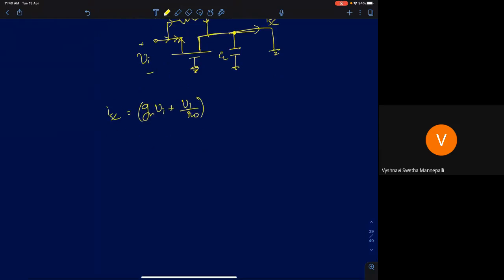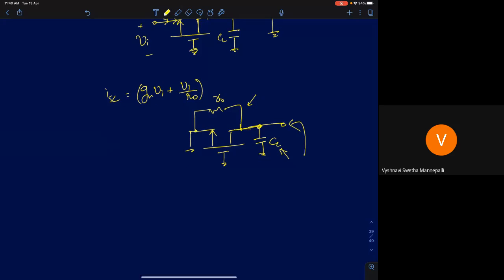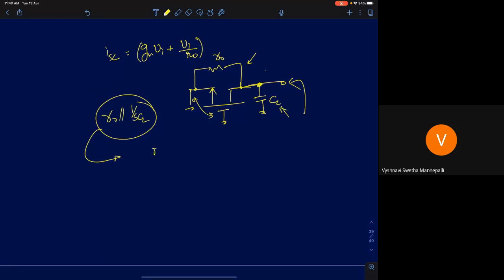Next step, we will calculate the output resistance. How do we calculate the output resistance? Short circuit the input here, apply a test voltage at the output terminal, and look at the impedance looking into the output terminal. You're looking into the drain terminal. There is a capacitance to ground and a resistance to ground. So what will be the output resistance? You're looking into the drain, and gate and source are both at DC ground. So 1 by gm will not be in the picture at all. So it will be R naught parallel to 1 by sCL. That's nothing but two resistors and a capacitor in parallel. So this impedance can be written as R naught by 1 plus s CL R naught.